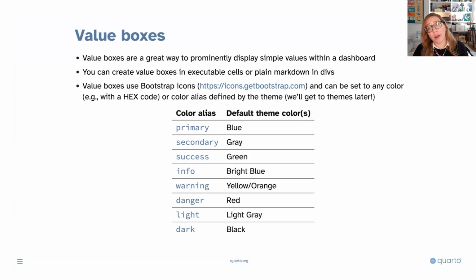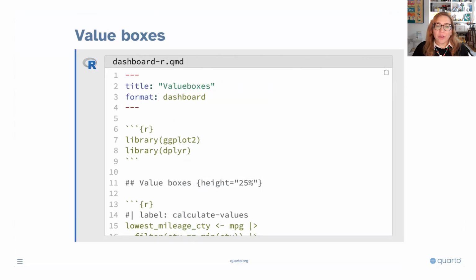We're going to talk more about themes in our third video, but you've probably seen, if you've worked, for example, with Quarto and added some callouts to a simple document you may have created, you're probably familiar with what info versus warning versus danger might look like, and you can also leverage those colors as well. This is what value boxes would look like in a Quarto dashboard with our code being used in executable cells.